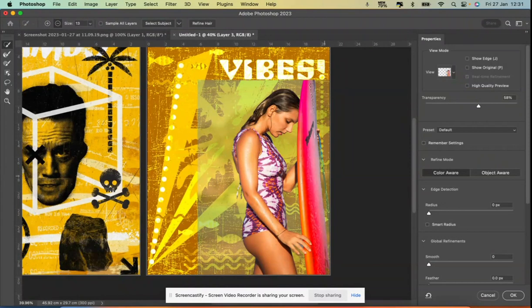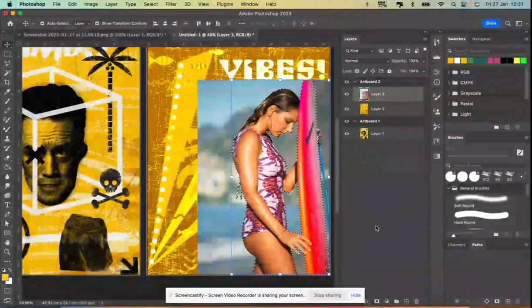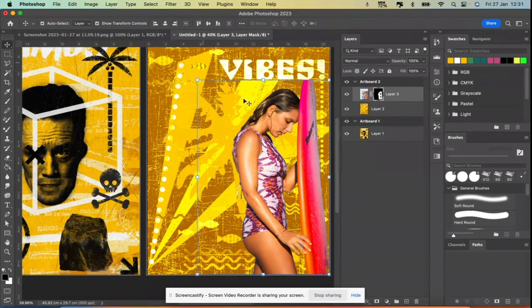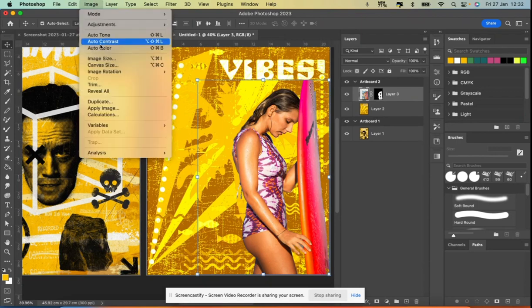Is that going? I think it's going. Yeah, that'll do. You can be more meticulous and careful. So if I press OK, and then if I click down at the bottom of my layers panel to add a layer mask, and you can see it's taken away all of the background and I'm left just with my subject matter. Make sure you click on your thumbnail, not the mask, and then I'm just going to